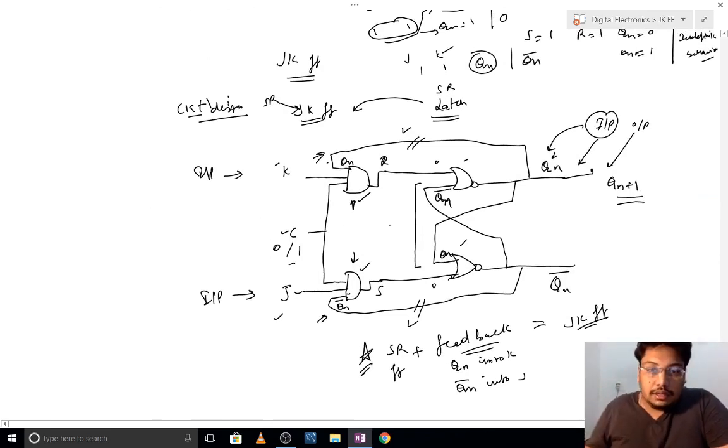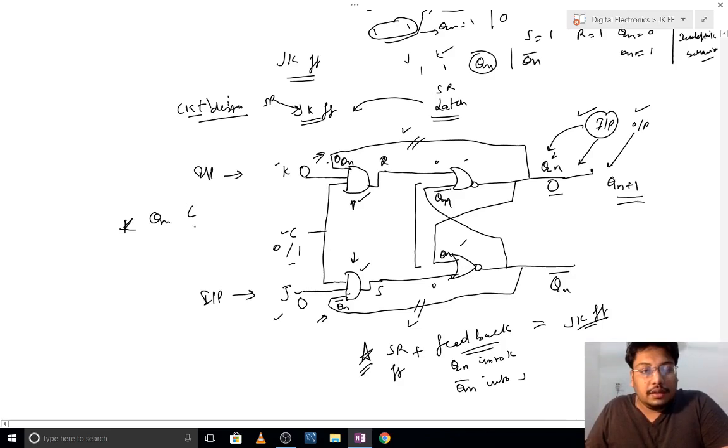Now J is 0, K is 0 and Qn is 0. As I have said, the input will be here and output will also be here. First of all we will be considering the first input. So 0 is there, so now 0 will be coming here. It is a 3 input AND gate, with inputs K, Qn and clock. Let's say clock is 1, because then it will be working as active. Otherwise if 0, then the AND gate will directly give a 0 value.